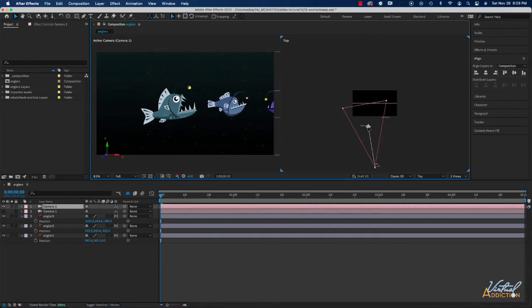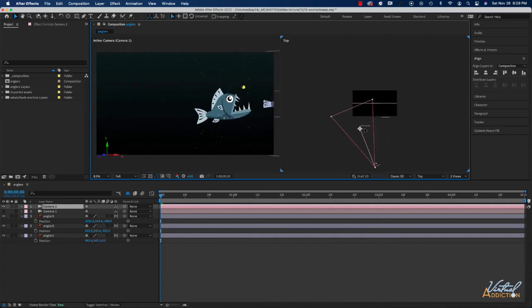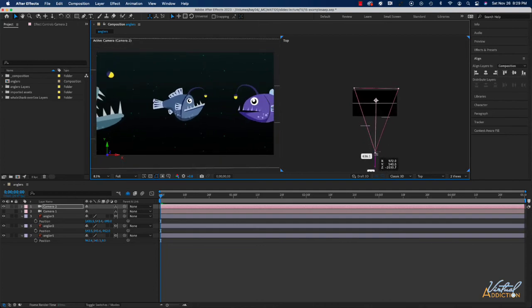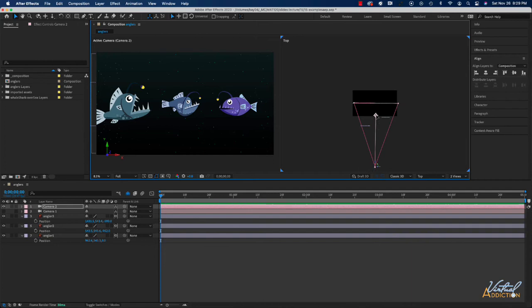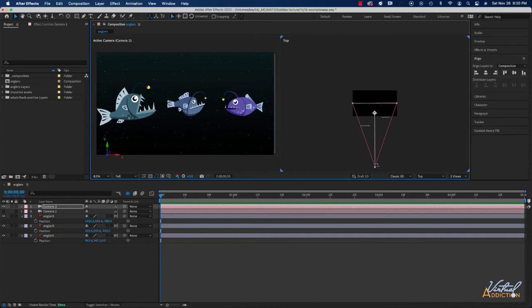And what we can do is we can grab the point of interest and move where the camera is looking. Not only can we control the position of the camera itself, we can also control what the camera is focusing on. And we can move this point of interest node about. This 2-node camera is simply a camera with a point of interest. This is unlike a camera in real life, because with the 2-node camera, you can revolve around a single point